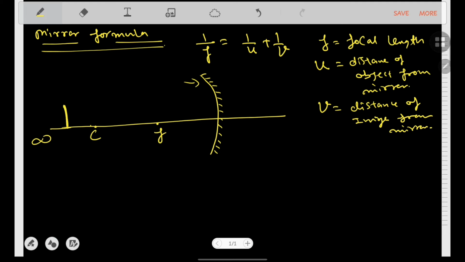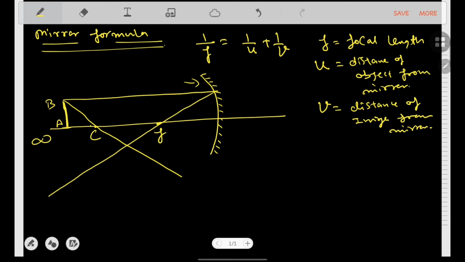So first let's make this diagram here. This is the object height, called AB. We know one ray will go parallel to the principal axis and then go through the focus like that, and one oblique ray will go from the nearest point of the object here, which is called C here, and then it crosses the second line at this point. So this perpendicular thing will be our image, which is known as A dash B dash.